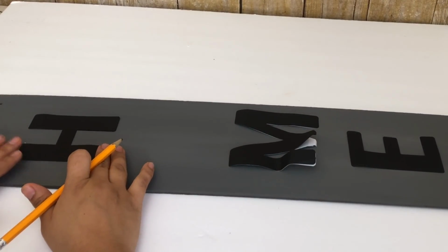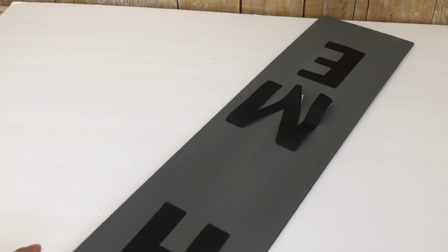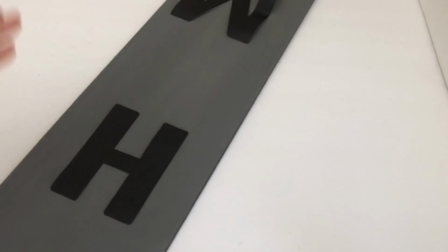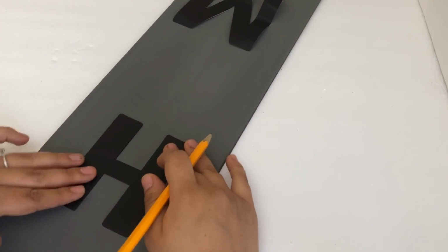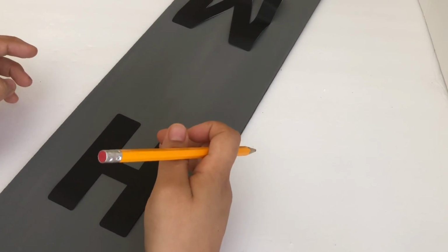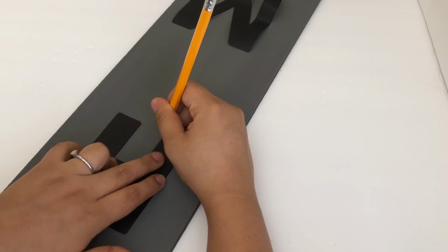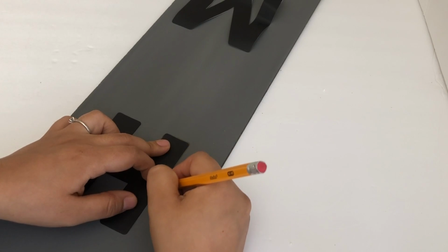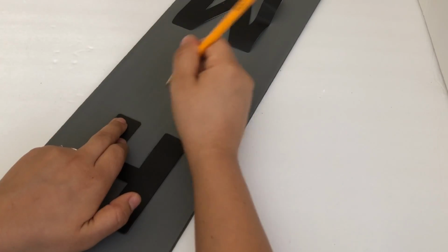To do that, I'm going to trace the letters H, M, and E. I am not tracing the O since I'm going to use a wreath. And like I said, these poster stickers, they're not stickers, my bad. These poster letters are from Walmart. You can use the ones Dollar Tree carries, or you can also print some out. I like these because they are big, and since this sign is big,